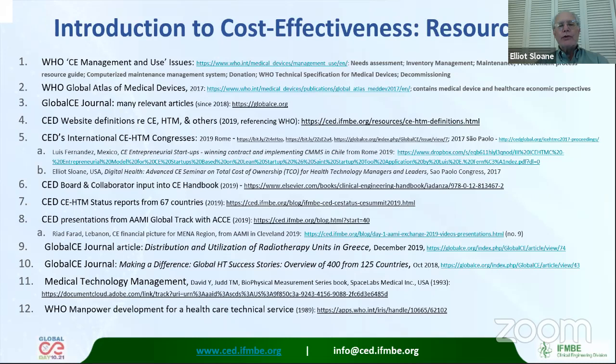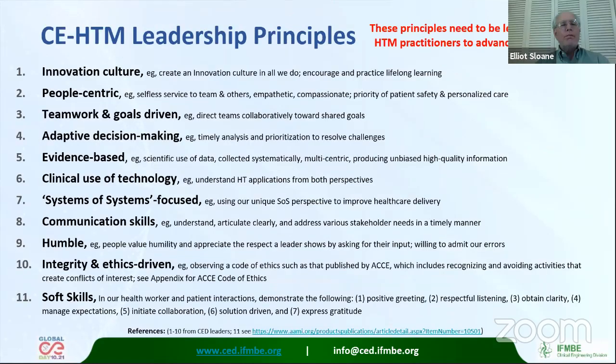There are many resources that are available to all of you. All of the slides and materials that I'm presenting and everyone else here is presenting will be provided to you, and we're more than happy to provide additional information by the email addresses that you already have. Next slide. There are many